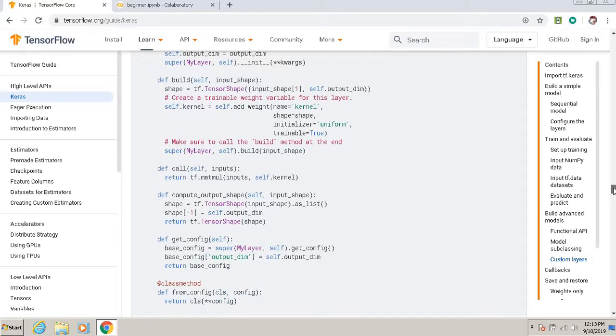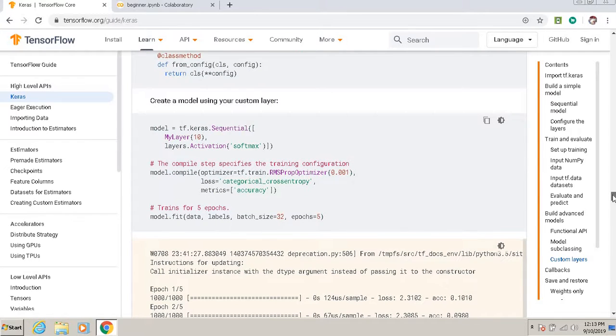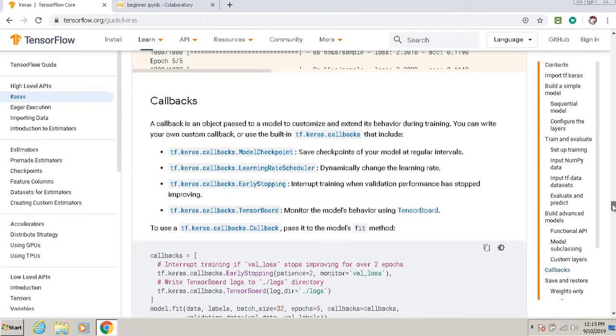You can use some custom layers and callbacks. Now we come to callbacks. A callback is an object passed to a model to customize and extend its behavior during training. You can write your own custom callback or use a built-in keras callback.